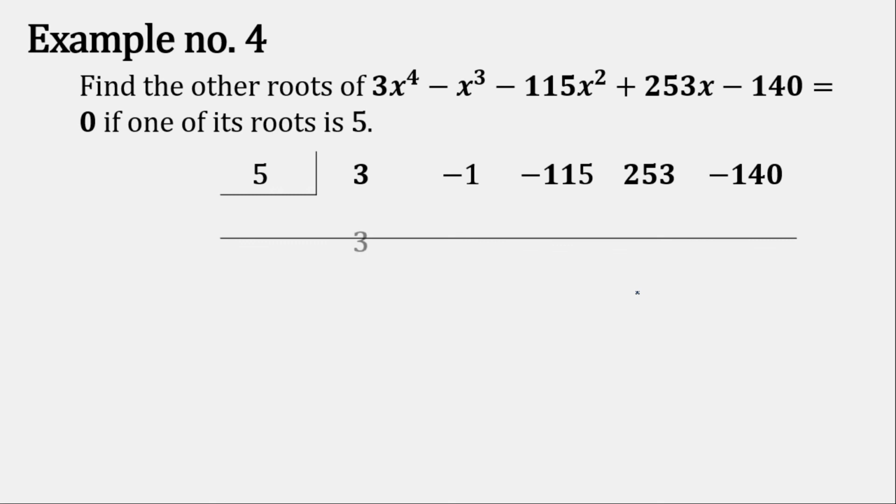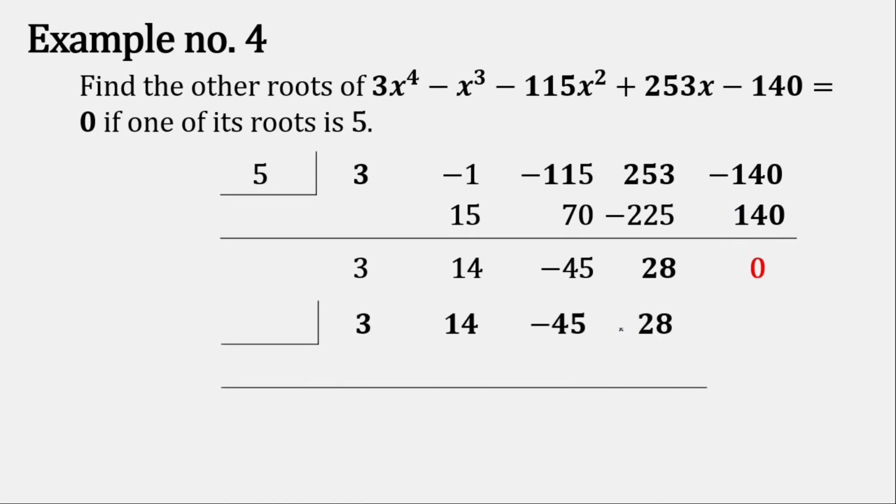So if we do that, 5 times 3 is 15. Combine it, positive 14. 5 times 14 is 70. Combine it, negative 45. 5 times negative 45 is negative 225. So combine this, we have positive 28. Then 5 times 28 is positive 140. Then we get 0. So from that, we could just continue here and choose a number from the lowest